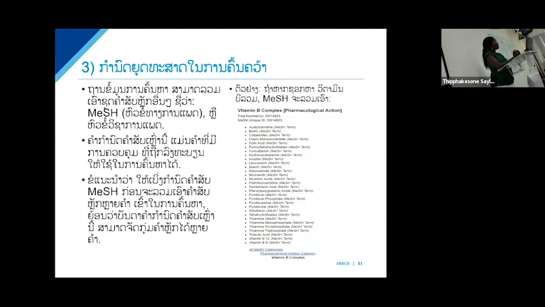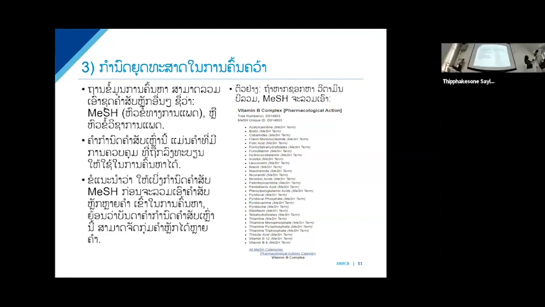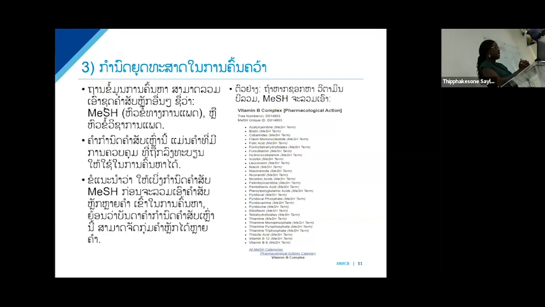It is advisable to look at the MeSH terms before including multiple keywords in your search, as these terms can group several keywords. So for example, if we're looking at vitamin B complex, the MeSH terms can include vitamin B complex, and then we can have